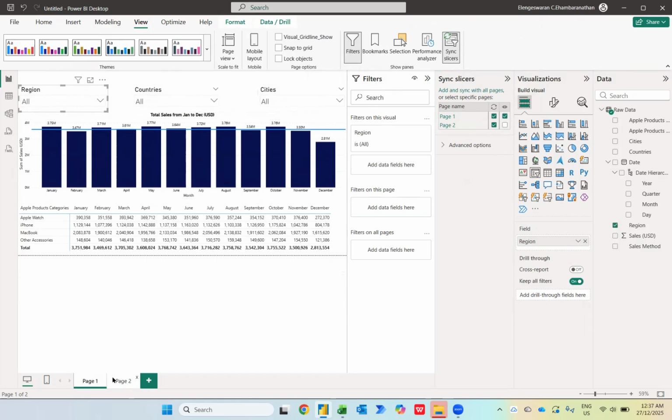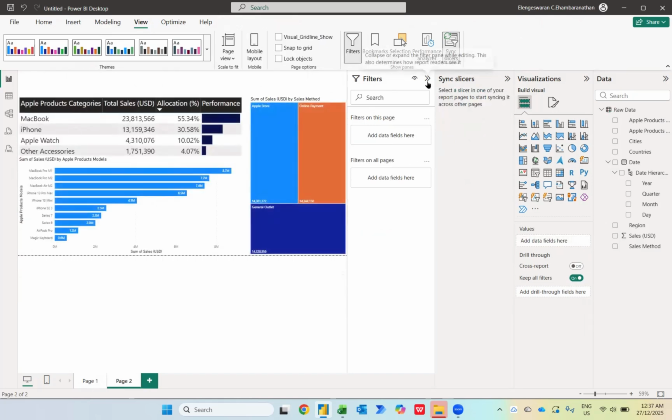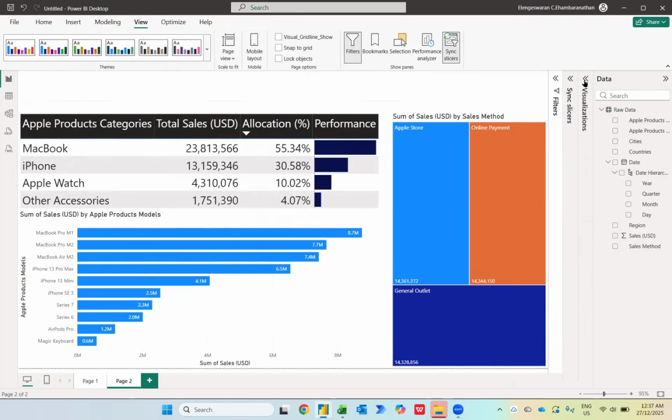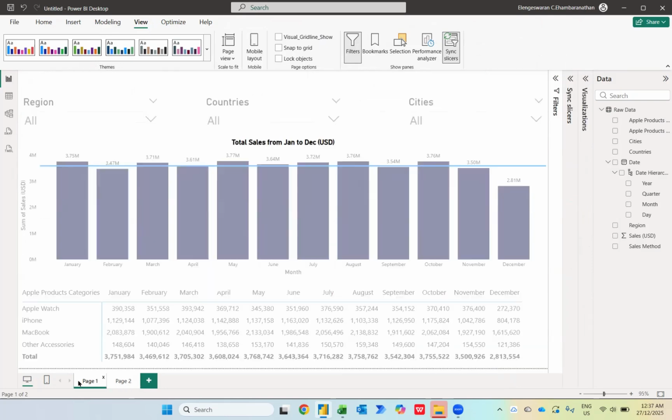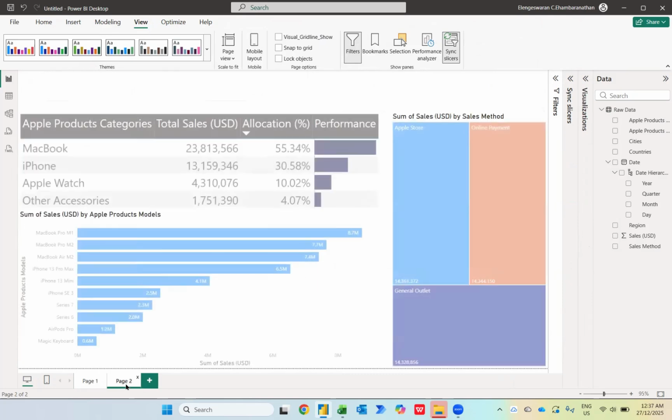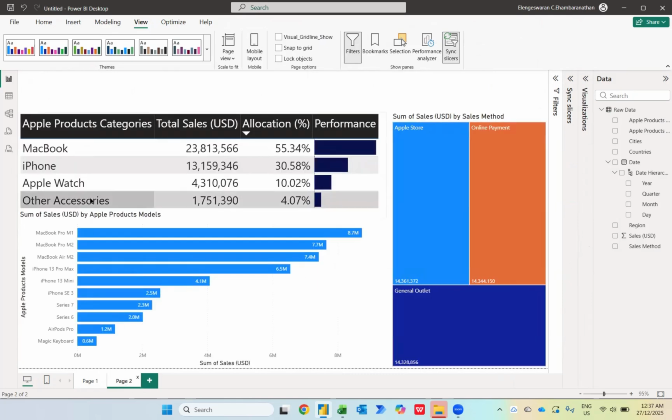So right now we have done this, so you can actually ask yourself, what is this presentation, how can we understand this given data? In page 1, we understand the performance from January up to December. What is page 2? Page 2 is basically where we understand product performance. That means we understand that MacBook is the highest, which product model is the highest, what sales method is the highest. We can also do the same